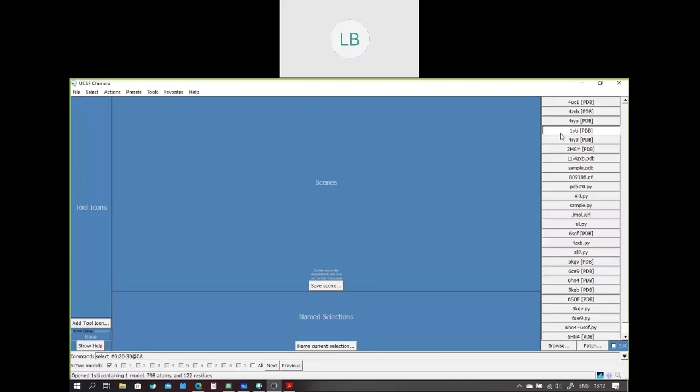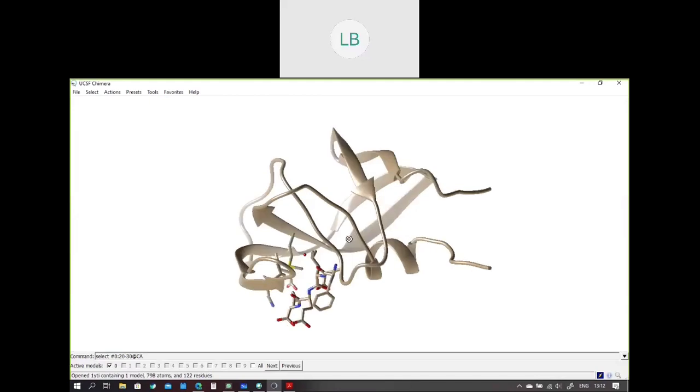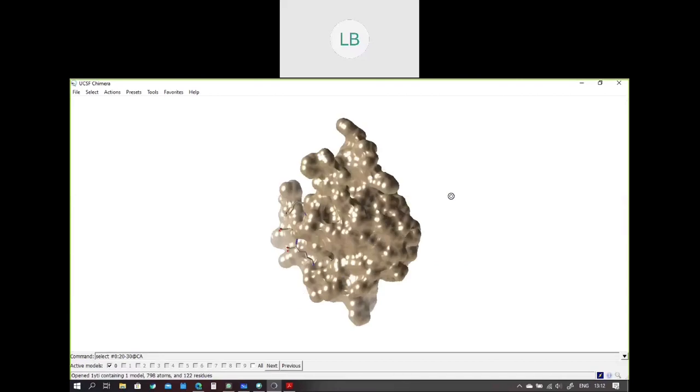We'll try surface. Try show. It will show the surface. So this is useful to look at the surface of the protein, and sometimes you'll get to see the cavities and tunnels.